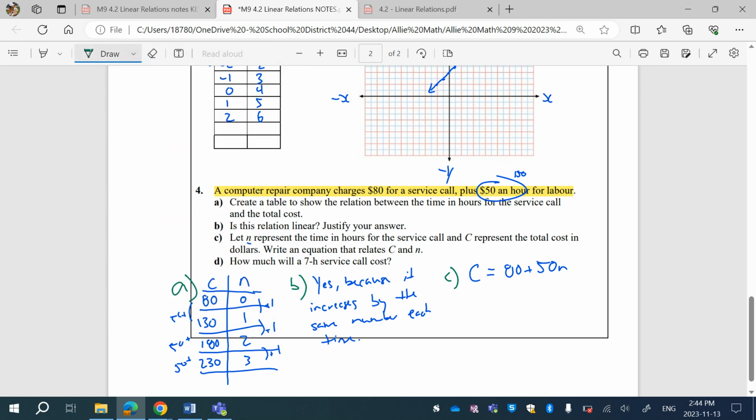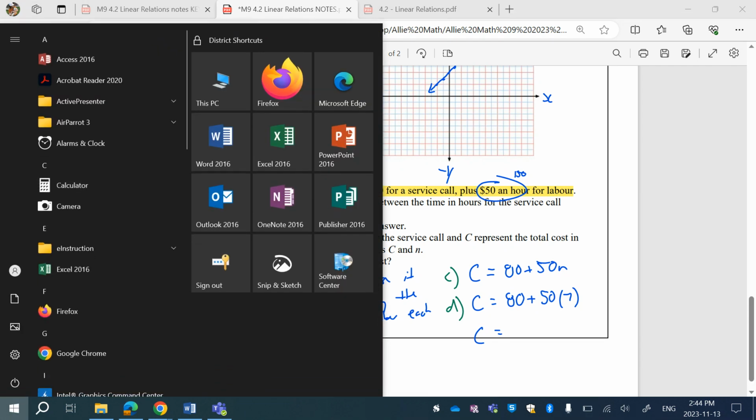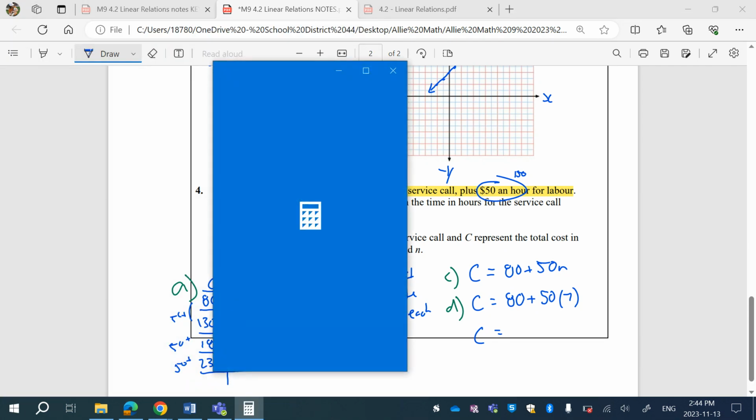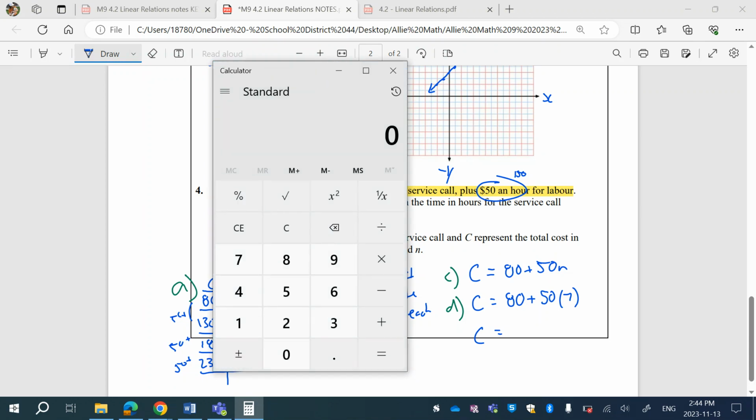So let's do our last one, D. How much will a 7-hour service call cost? So we are looking for cost. That's our unknown. So we'll keep that C there. And let's just put in 7 into our N. 50 times 7. C equals, let me do this in my calculator. I think it's 350 plus 80, but